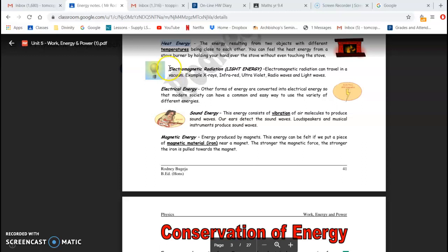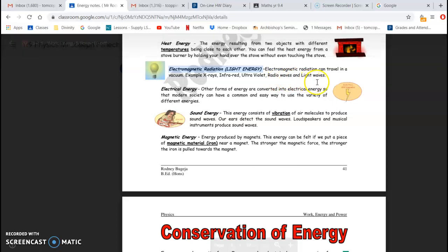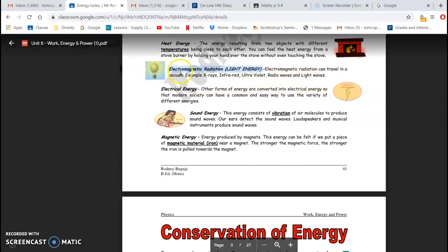Next, you have electromagnetic radiation, which is light energy. Electromagnetic radiation can travel in a vacuum. For example, X-rays, infrared, ultraviolet, radio waves, and light waves. These are all forms of electromagnetic radiation. Now you have electrical energy,